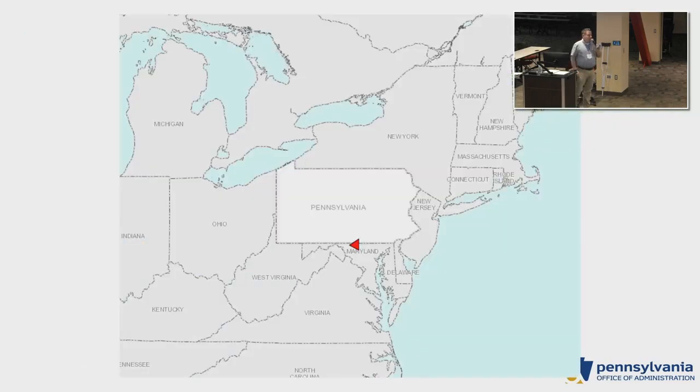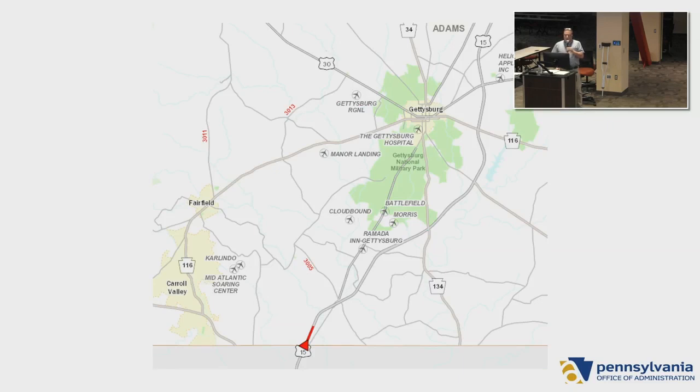So say I take that data we have and I go out to a much smaller scale. Now you kind of have an idea of where I was actually talking about. You know where the location actually is, down at the southern central-ish part of the state, but it still doesn't give you a whole lot of reference. So we have to go to a larger scale using the PennDOT road base network. Now you're like, okay, now I can tell where it is. It's on US 15, right down at the border of Maryland, down below Gettysburg.